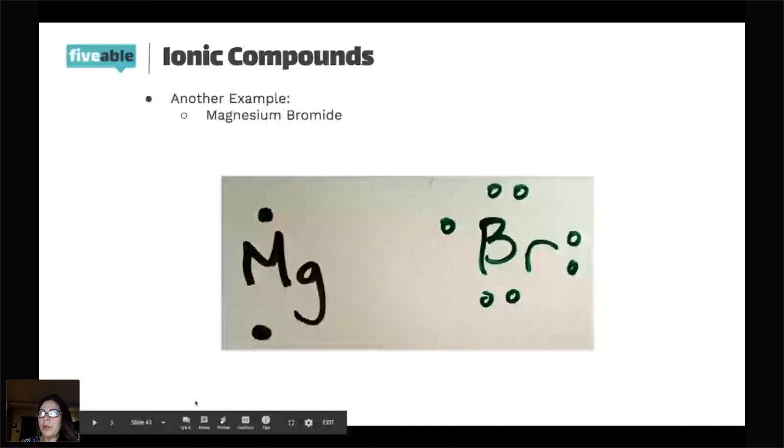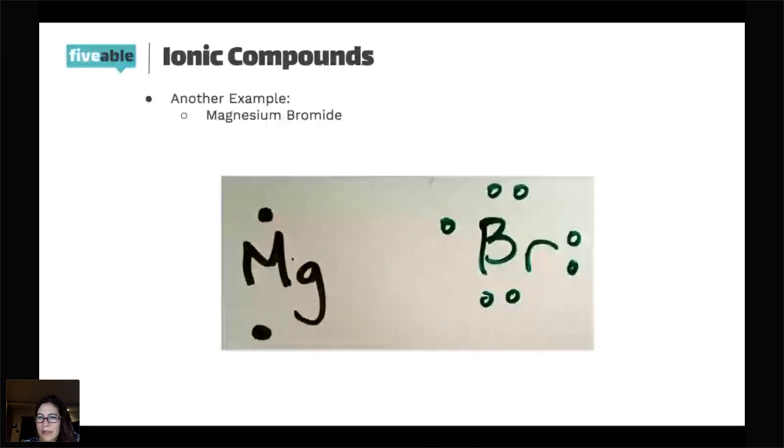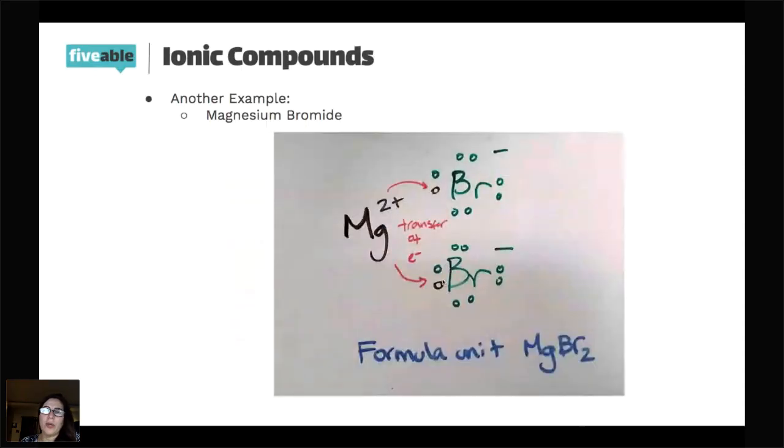Correct. The ratio would be 1-to-2. Excellent. You will need 2 bromides, correct? Because magnesium will lose the 2 valence electrons that it has. One to this bromide and another one to another bromide. Remember that the formula unit is just the ratio, but you have millions and millions of atoms